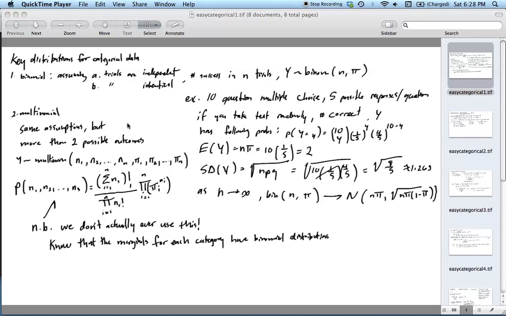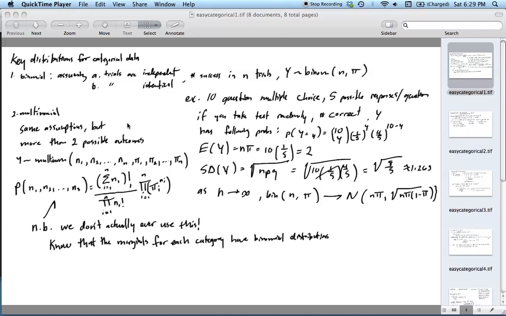Of course, the binomial distribution. Assuming A, that trials are independent, and B, that the trials are identical, the number of successes in n trials will take on a binomial distribution with parameters n and pi. As an example, take 10 questions on a multiple choice test, with 5 possible responses for each question. If you take the test completely at random, the number of correct answers you'll get, y,